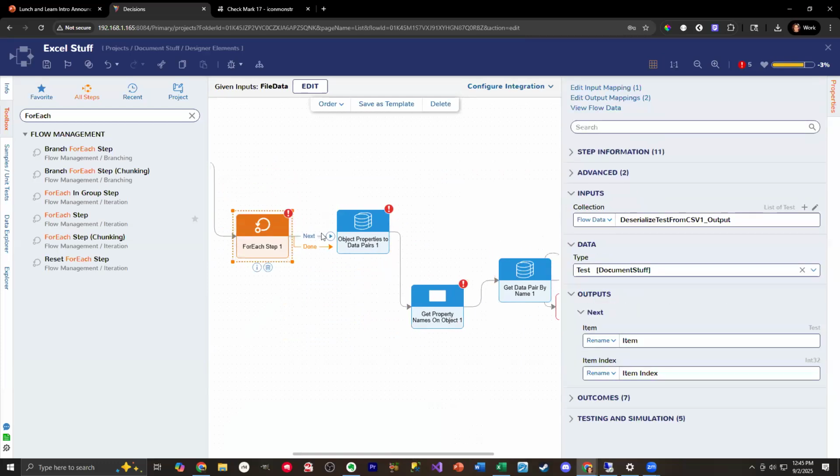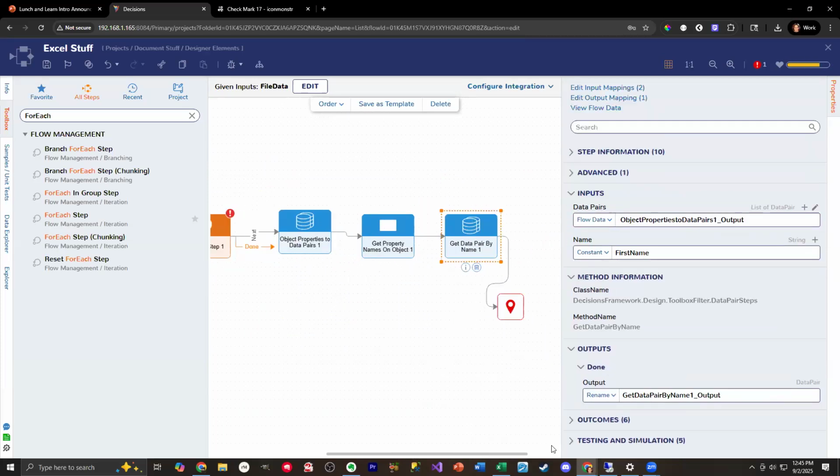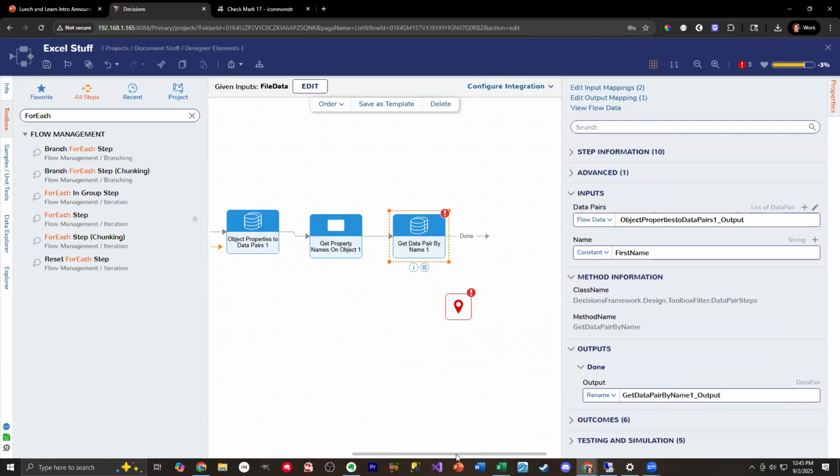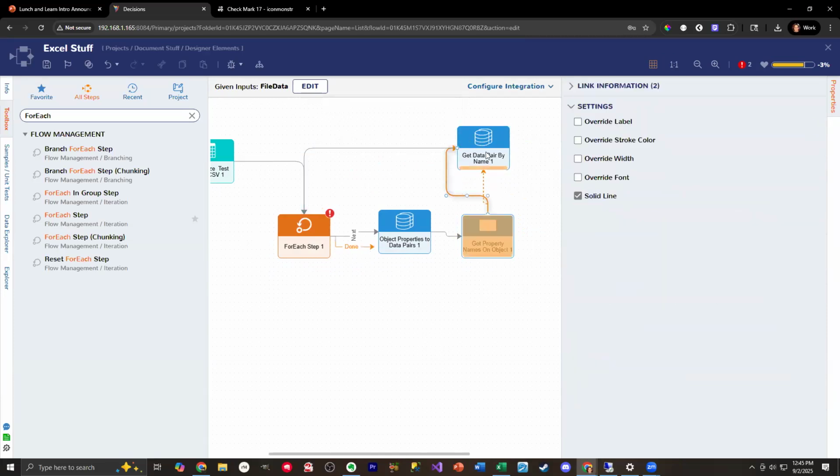Okay, this is coming along. So we can get object to data pairs, and then we can say, okay, we want certain properties from that object. I'm just going to do one for right now because I think if I can do it for one, we can safely assume then we just have to figure out how to extrapolate that to multiple. And then I'm just going to add that to a list